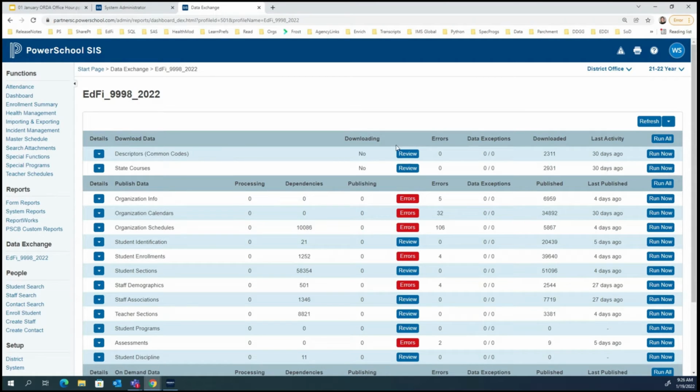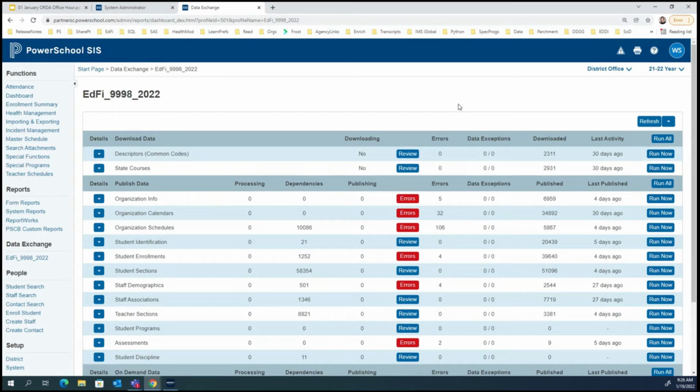Yeah, that's exactly right. So the descriptors are the common code sets that we use across the state to keep the data standard in the district ODSs. So a value of Hispanic for the federal ethnicity is translated from PowerSchool to whatever descriptor that Josh created in EdFi.